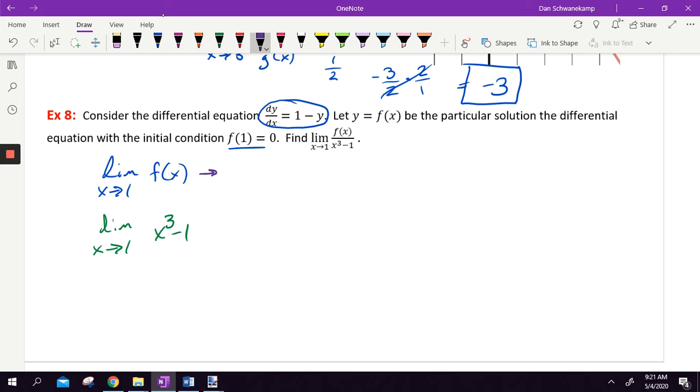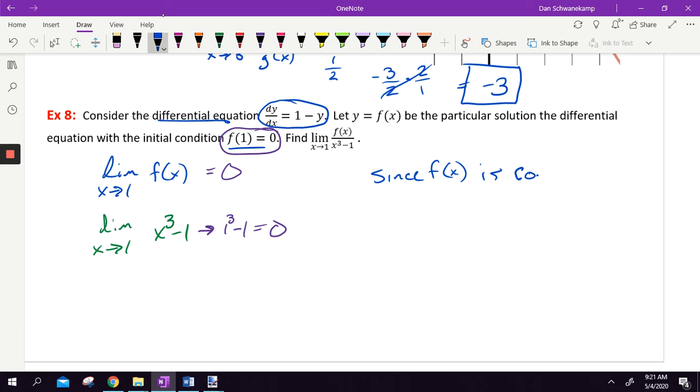Let's do it. On top, if I plug in 1, I get 0, because f of 1 is 0. If I plug in 1 here, I get 1 cubed minus 1, which is 0. The limit of the top is 0. The limit of the bottom is 0. So since f is continuous, they gave me the derivative, so I know f is continuous. You don't have to get too fancy here, but since f is continuous, by L'Hopital,